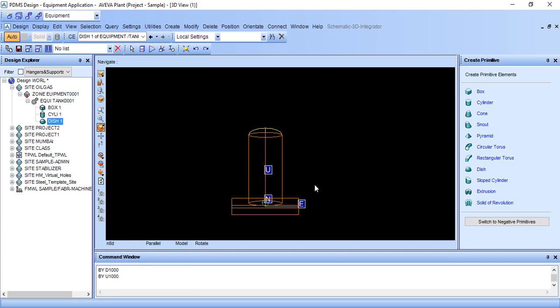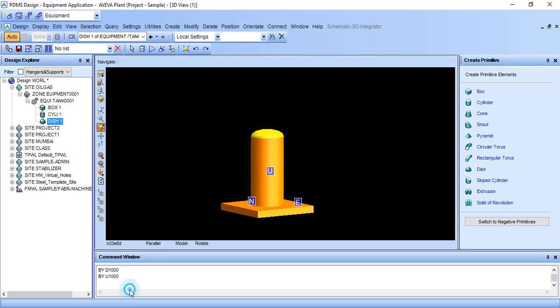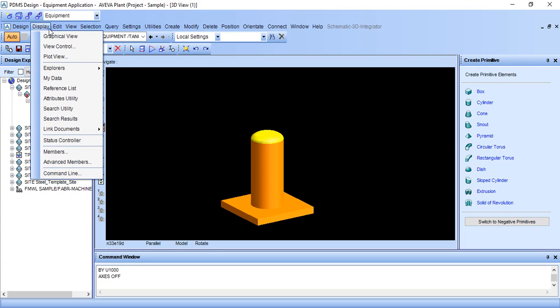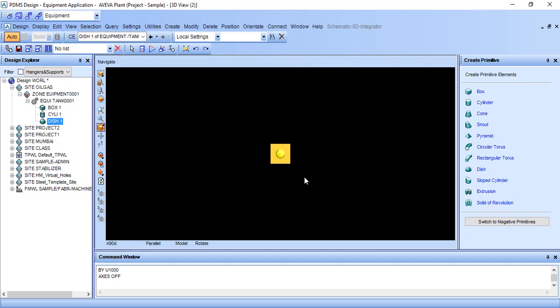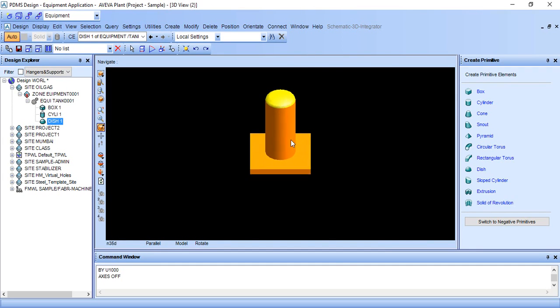To come back from wireframe to graphical view, click this button, and to turn on axis or turn off axis, type this. And if the drawing is not showing, go to Display and Graphical View, it will be shown.